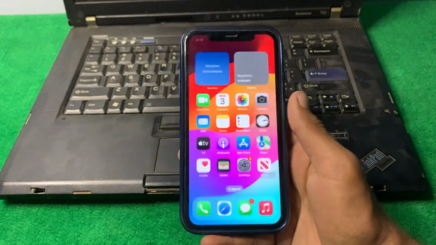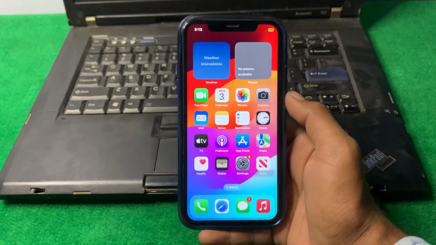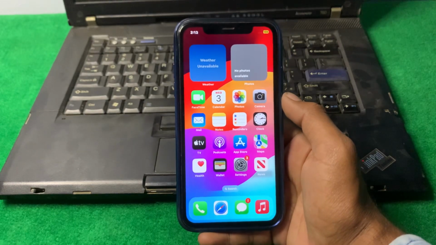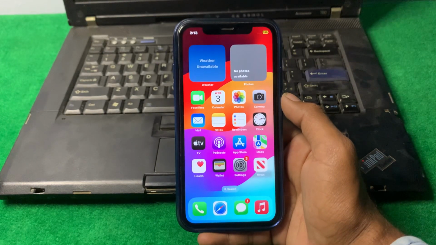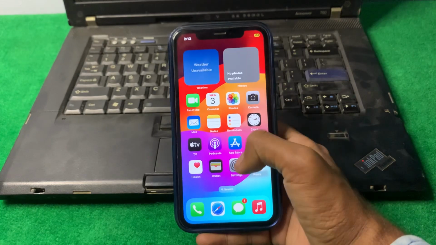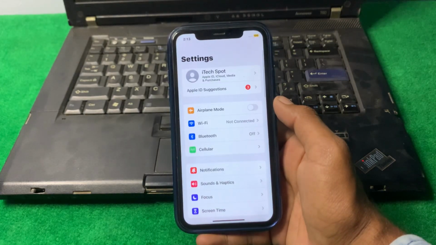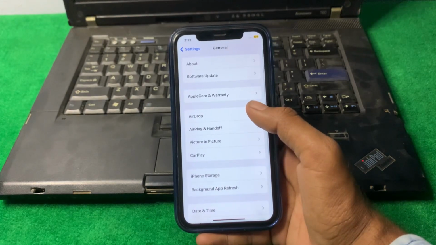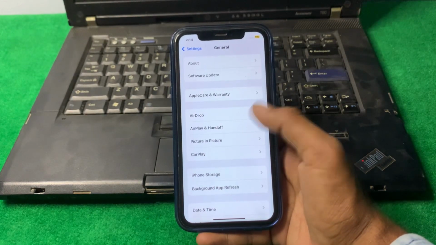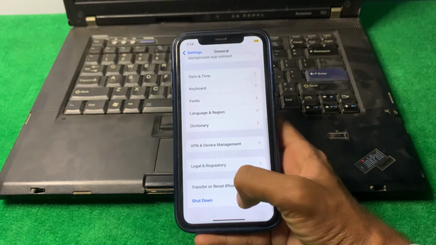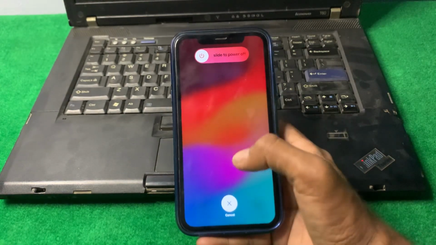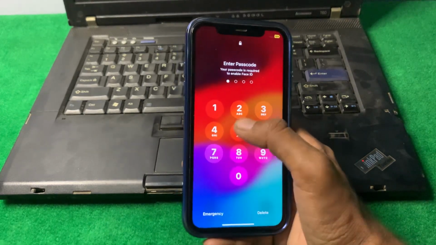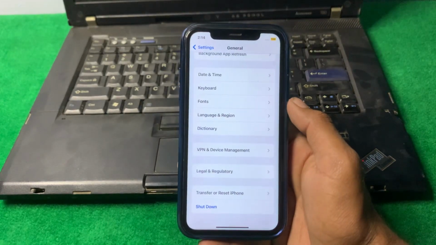So guys, first of all, what we need to do is simply restart your device. Sometimes a simple restart can resolve many issues. So guys, restart your device. Simply open your settings, then scroll down, tap on General, and then scroll down and tap on Shut Down. Shut down your iPhone for 15 to 20 seconds, and after that turn on your device and check if the problem